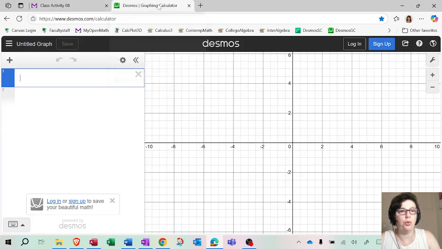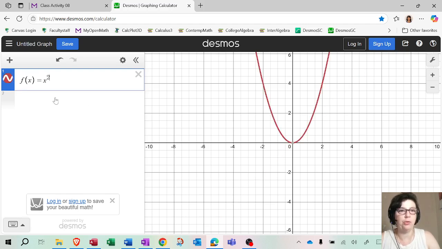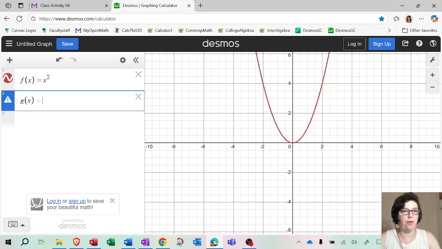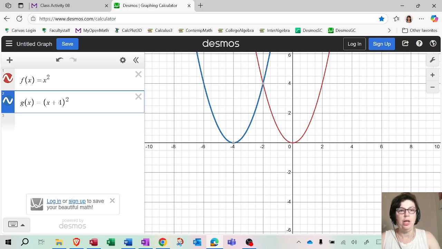So I just wanted to show that on the graphing calculator. So here is your x squared. That's the red graph. And let me also graph right next to it (x plus 4) squared. So you would think that because you are adding 4, the new graph can be obtained from the red graph by shifting 4 to the right, but that's not right. You see that? So when you want to get the blue graph, you're actually shifting 4 units to the left, not to the right.